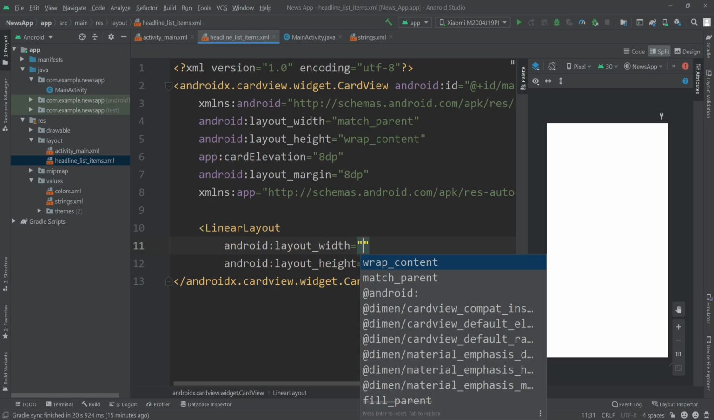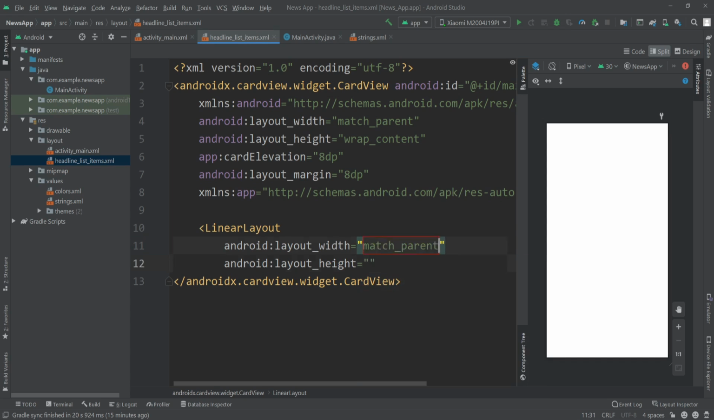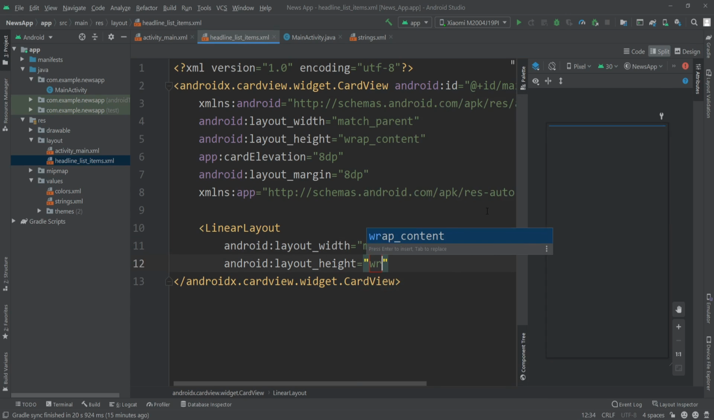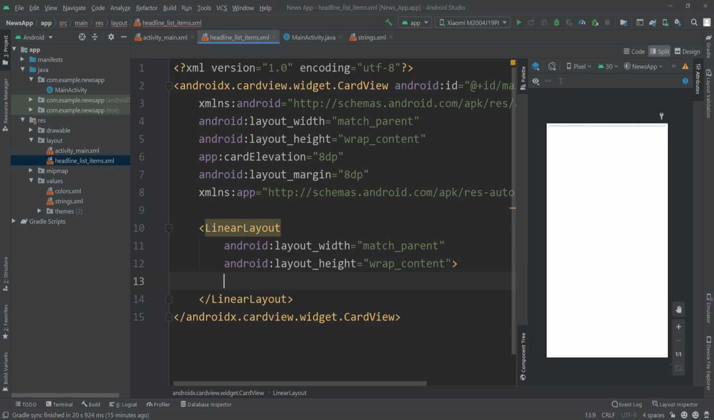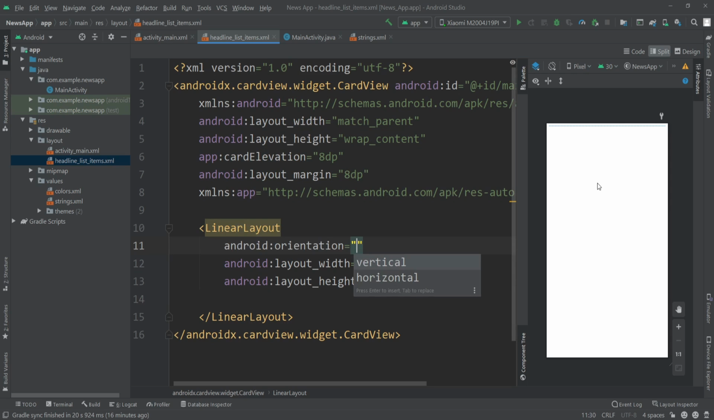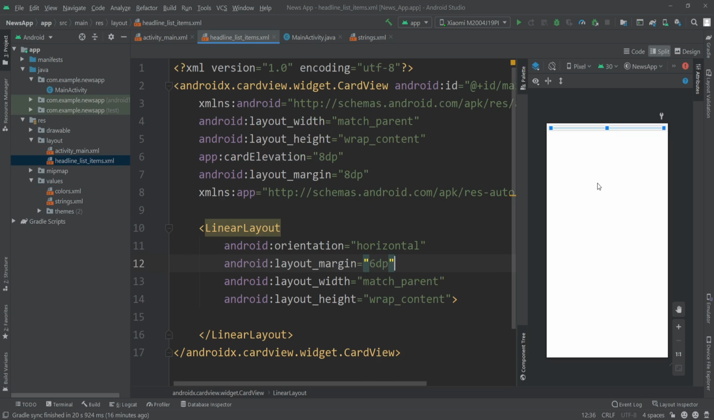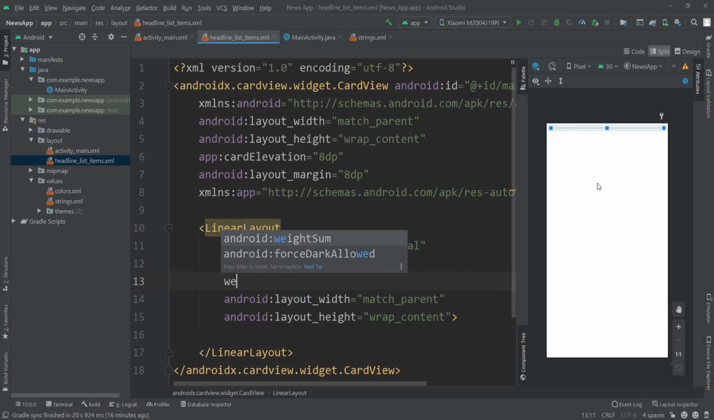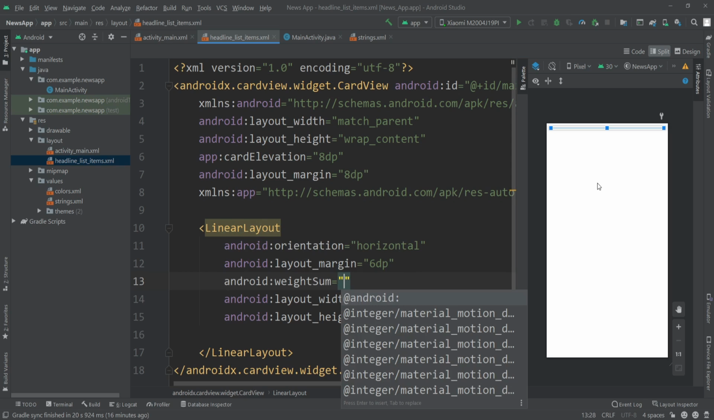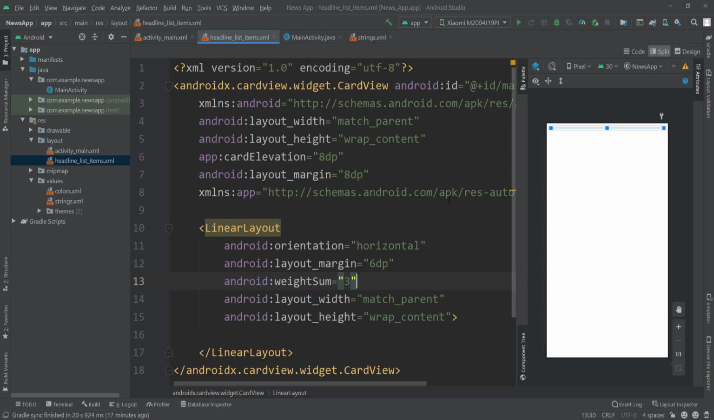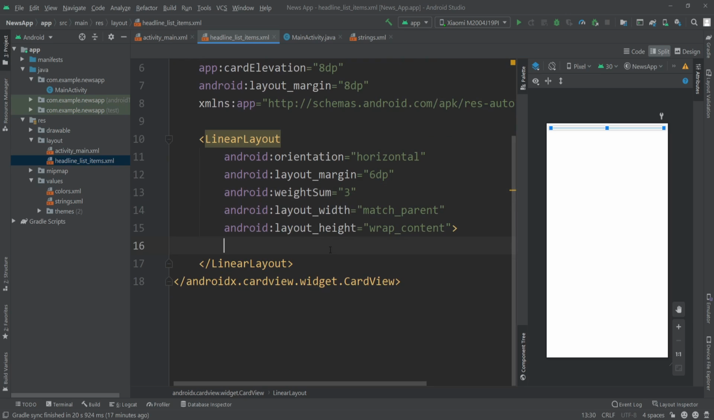I'll set the width of this layout to match parent and the height of this layout to wrap content. Alright, then I'll set the orientation of this linear layout to be horizontal. I'll give this a layout margin of 6 dp, and I'll set the weight sum of this linear layout to 3. So inside this linear layout, we'll show our news headline and the news source name besides of the news